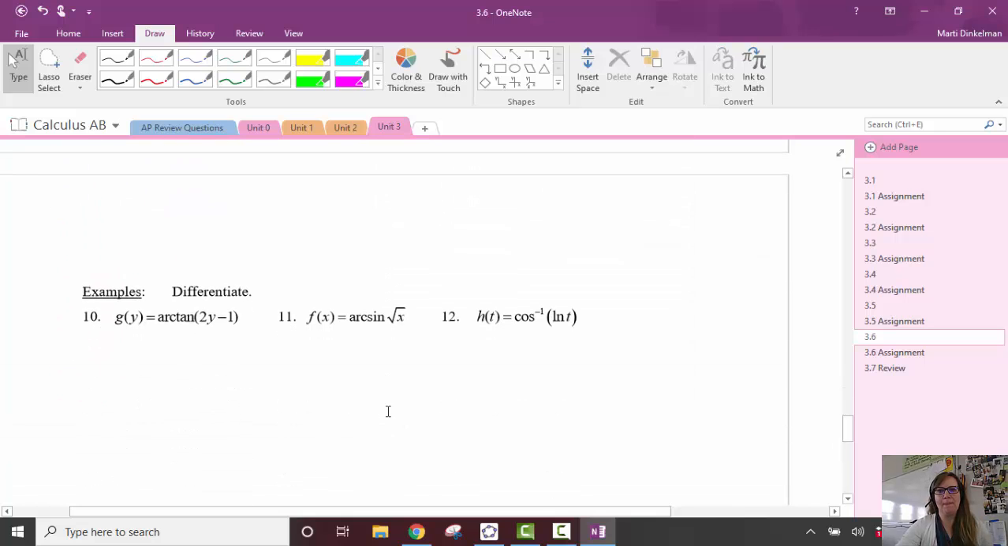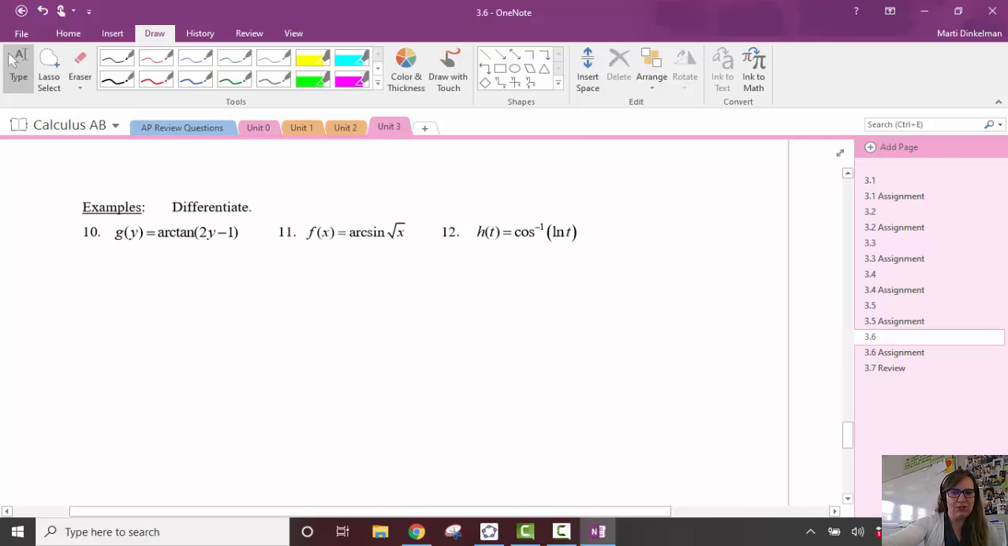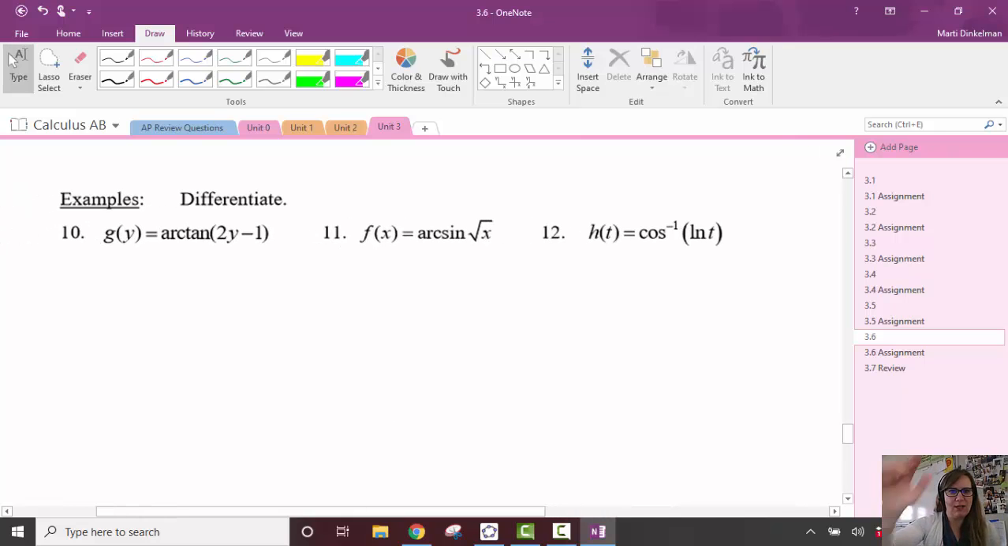or geometrically we could think about what the graphs look like. Okay, so knowing that and knowing that we have to do chain rule, let's just do these three examples and then I'll have you get to the assignment. So for tangent, the derivative